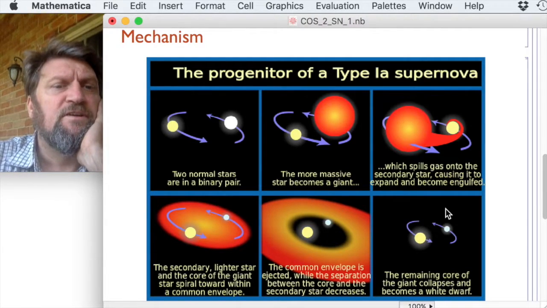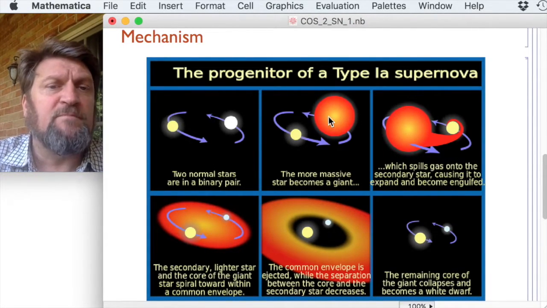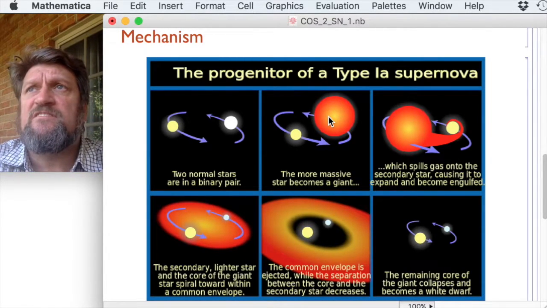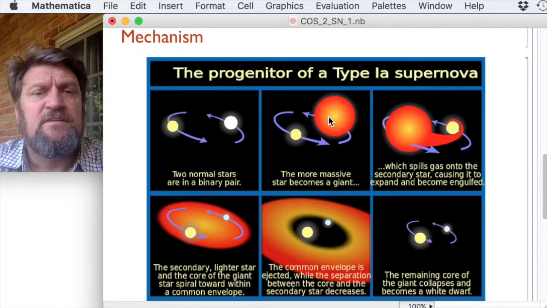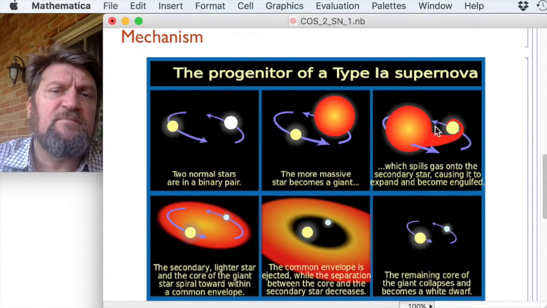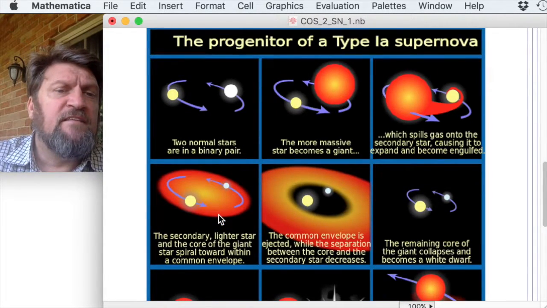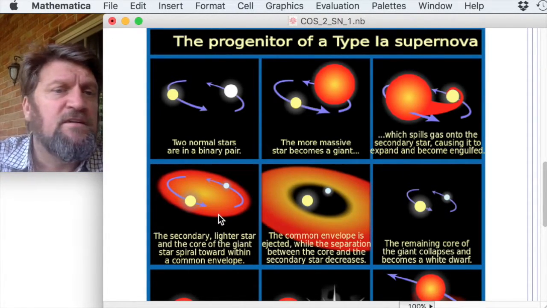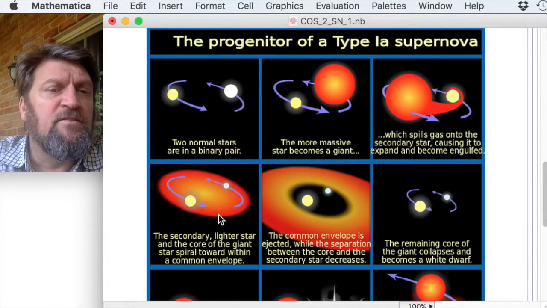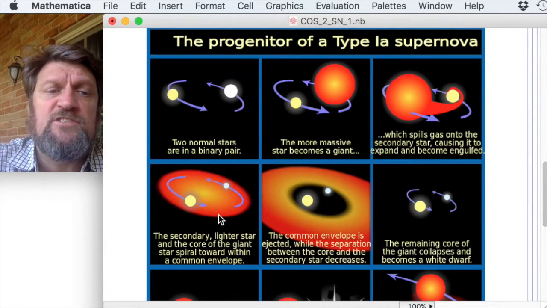So we start off with two normal stars that are in a binary pair. The more massive star becomes a giant, so it may have been a red giant and then it becomes a giant on the asymptotic giant branch, and at each time it'll spill gas onto the secondary star, and that will cause the secondary star to expand and become engulfed. And then the secondary less massive star evolves more slowly because it has less mass, and the core of the giant star, because they're engulfed inside an expanding shell, they'll spiral towards each other within